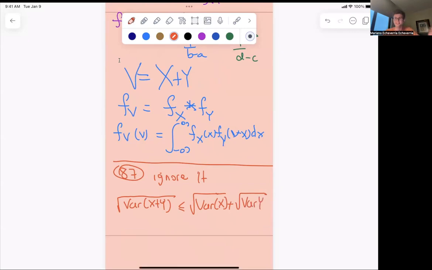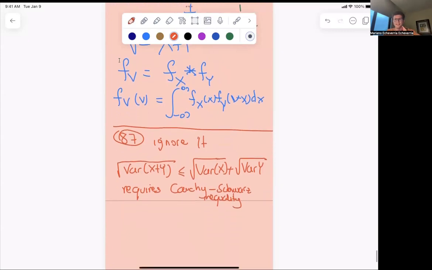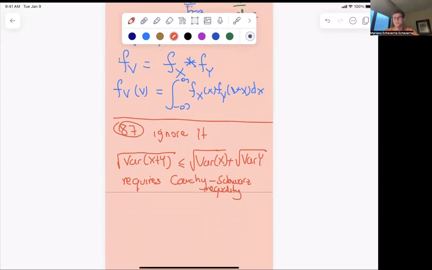That if you take the variance of a sum in square root, that's less or equal than the sum of the square roots of the individual variances. The thing is that I never got to tell you this requires something that's called the Cauchy-Schwarz inequality. So you can ignore it because it requires the Cauchy-Schwarz inequality, which we didn't discuss, but